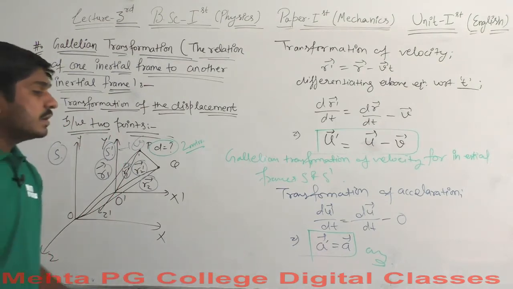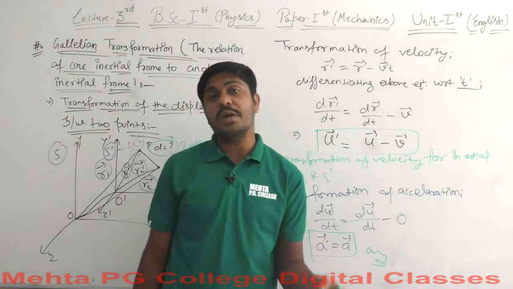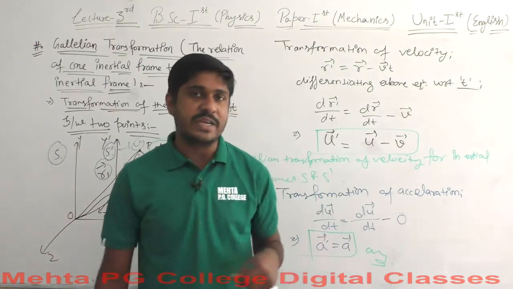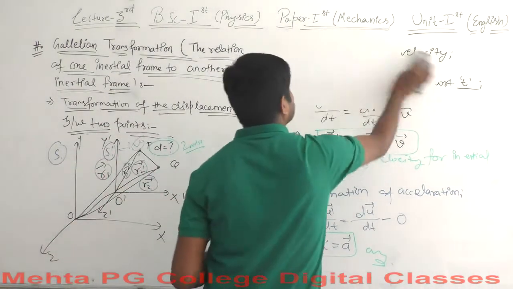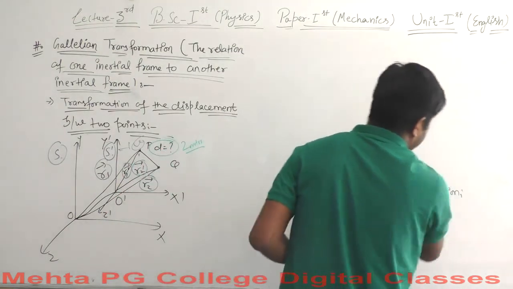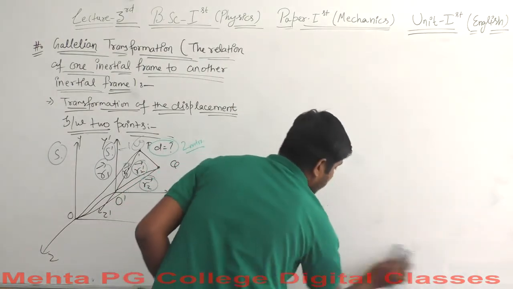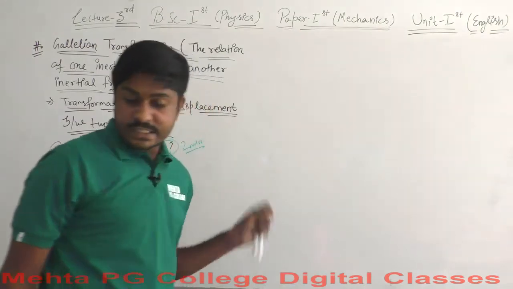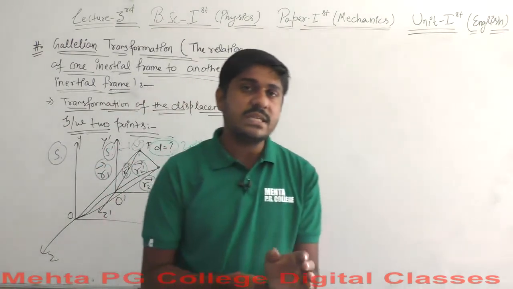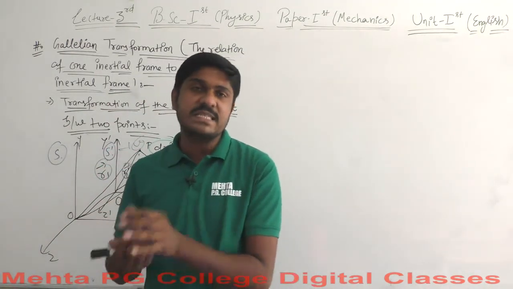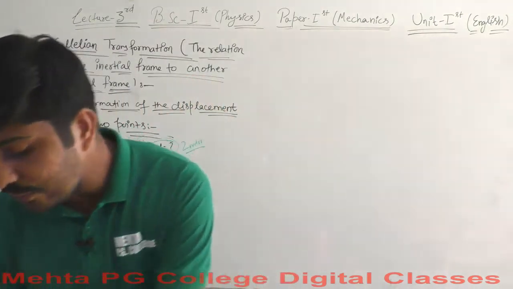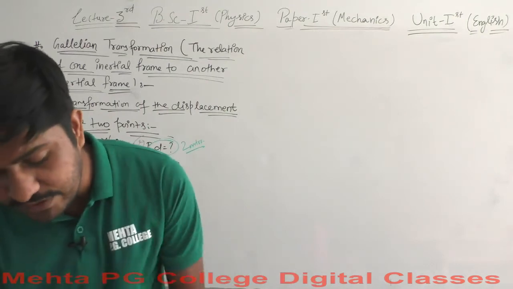Okay. So we have calculated acceleration here, we have calculated the velocity, we have calculated the displacement. So we should calculate the force also here. Let me clear this off. The transformation of velocity is no longer needed here. We will go for the transformation of force now. What if this point P or the object at P experiences a force in the frame S dash? Should the force be experienced in the same sense in the frame S? Let's find out what the value should be.